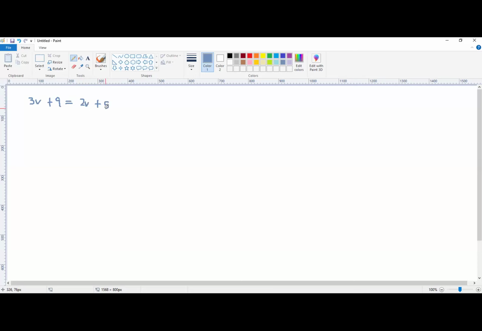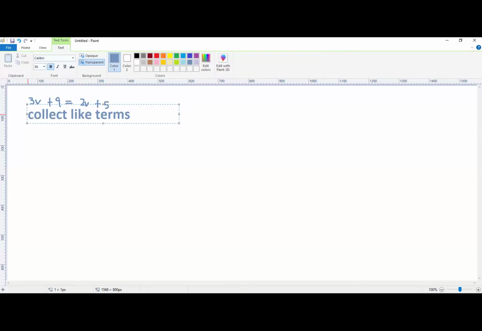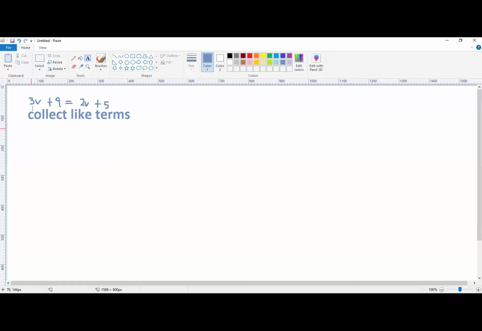So remember what I said, that the first thing we'll do is to collect the like terms. If we were to write down our steps, we would be doing this: collect like terms. Like terms are simply the ones that look the same. In this case, 2v and 3v look the same. To make that happen, we're going to subtract 2v from both sides. And that's going to lead me to this: